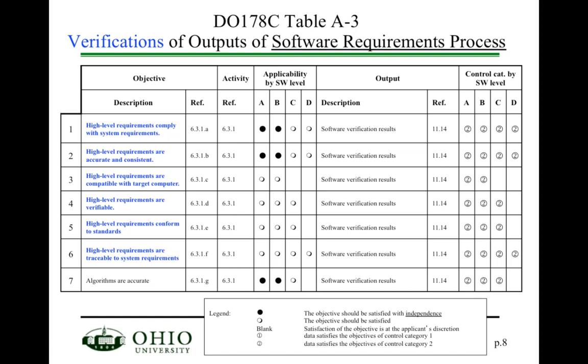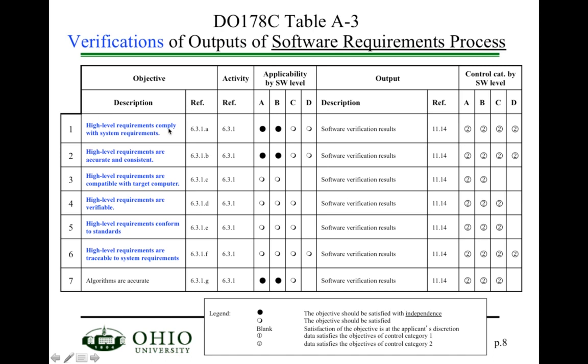Now, there's a variety of tables. I'm not going to talk about all these tables in detail. We have the verifications of the outputs of the software requirements process. So in this case, you say I'm going to do the software requirements derivation and I'm going to verify it. So these things include